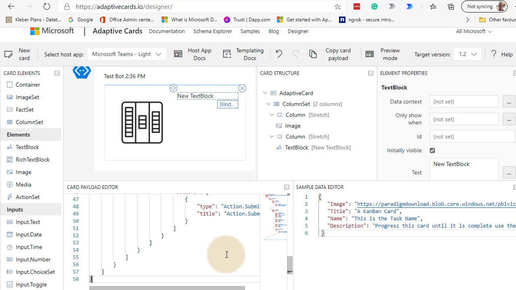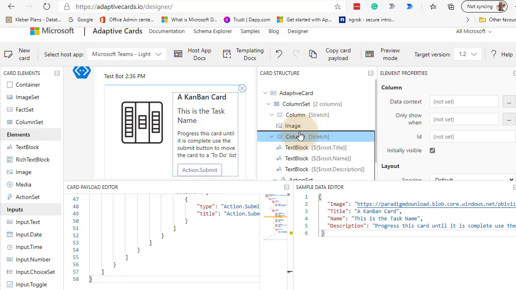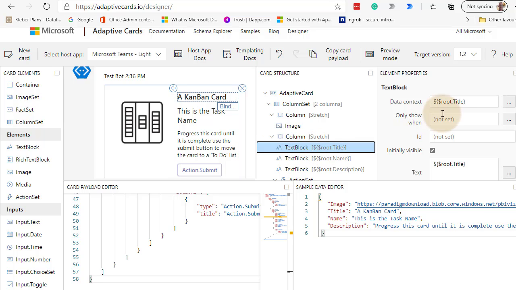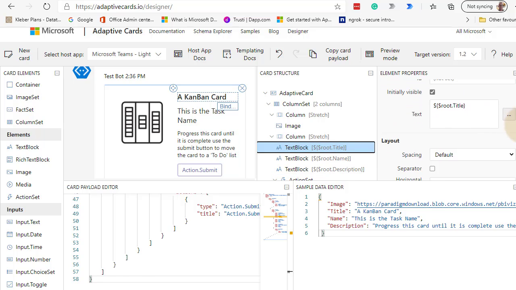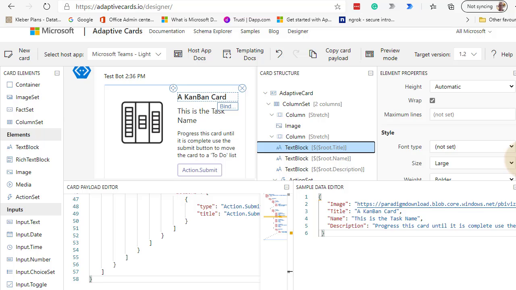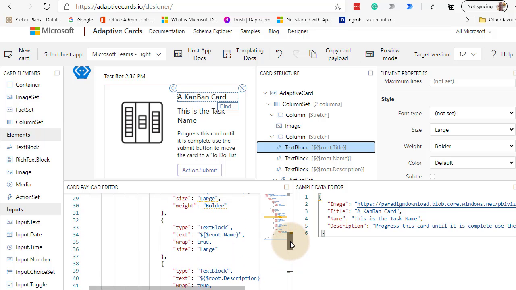We'll post in the card, and look, there's the structure, there's the column with text blocks in it. The text blocks are bound to the data. There is some styling down here, which all applies it in